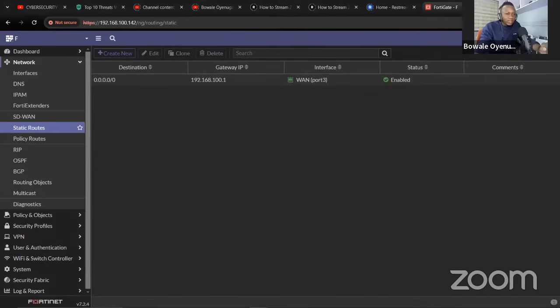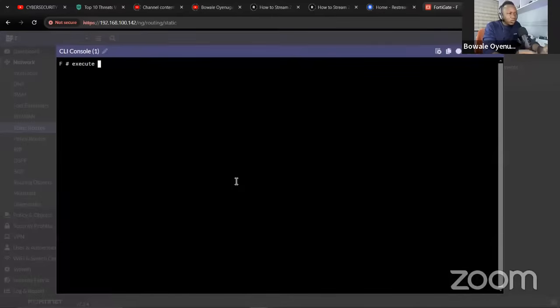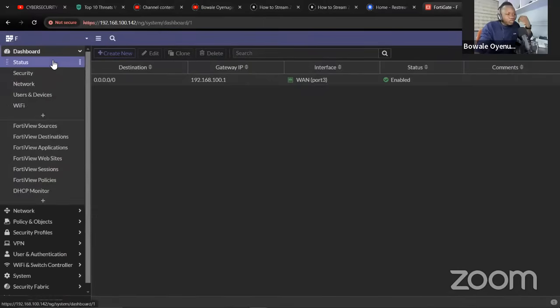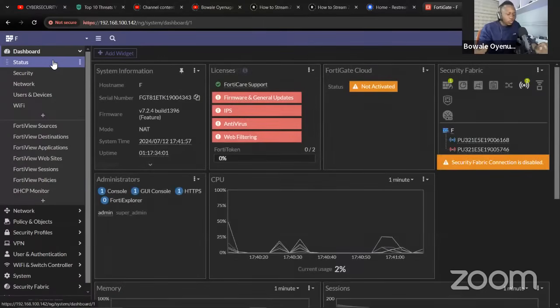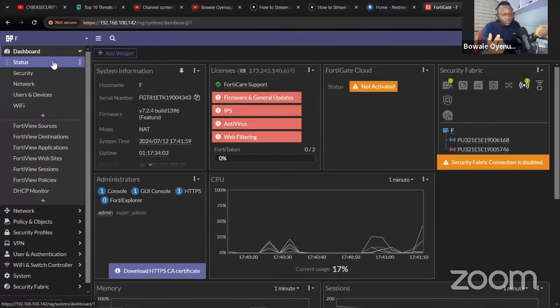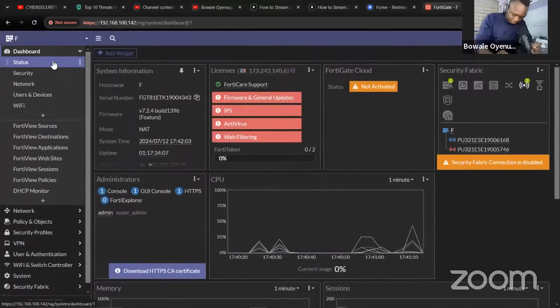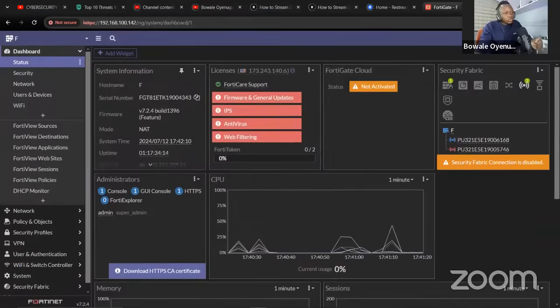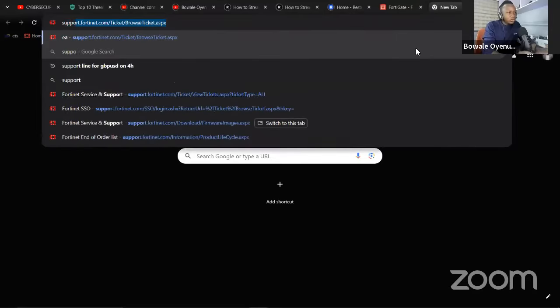So checking this again, we now have access to the internet. The next thing to do after this setup is to register the device. A new FortiGate device needs to be registered, and there is a site known as the Fortinet support site, which is support.fortinet.com. On support.fortinet.com, you need to